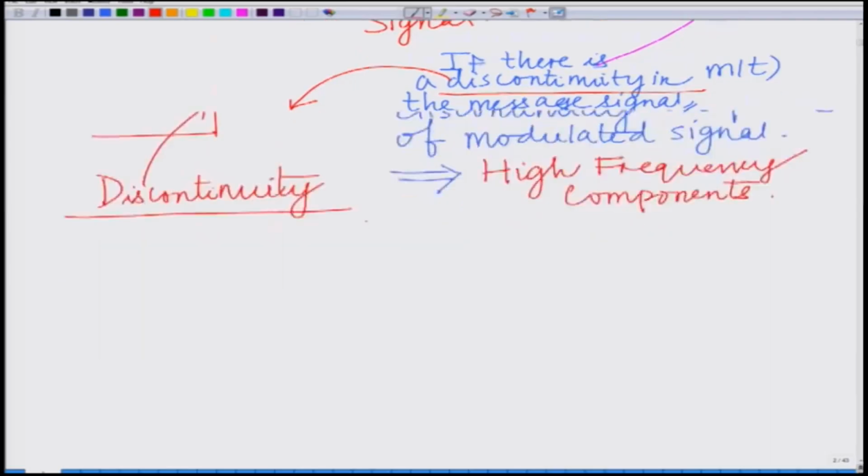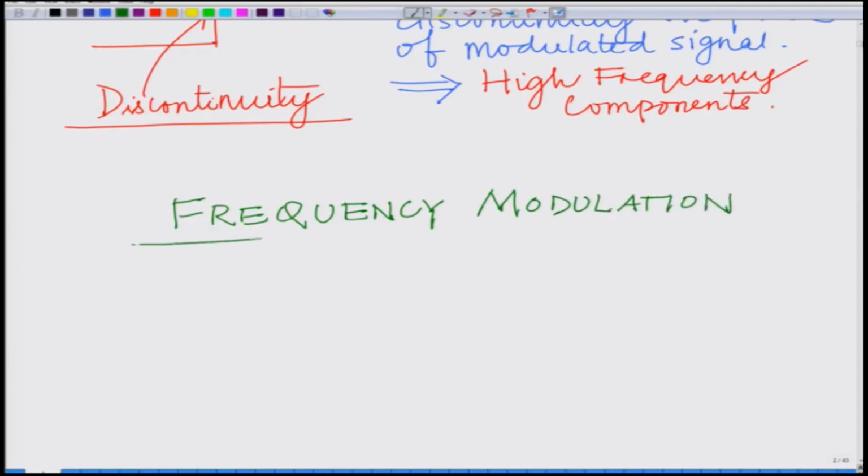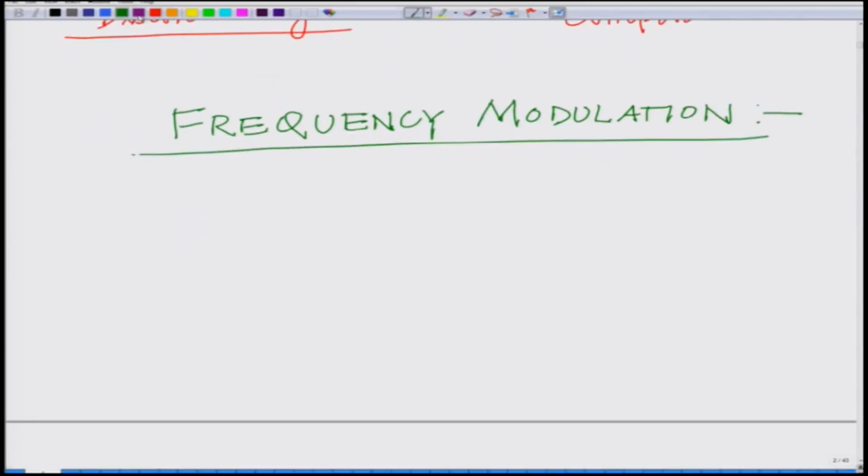frequency modulation. So, frequency modulation is another kind of angle modulation. Let us now come to frequency modulation. In frequency modulation, the instantaneous frequency of the carrier